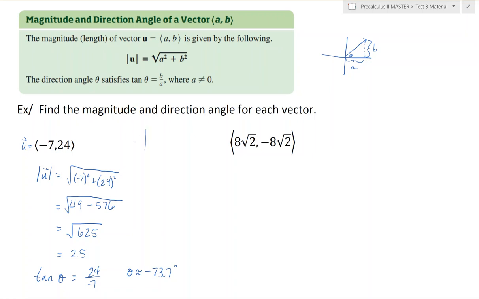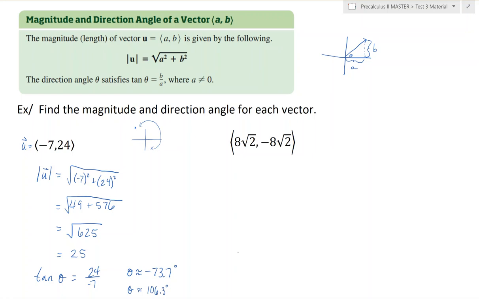This point (-7, 24) is in this quadrant. An angle of negative 73.7 degrees is in this quadrant. So we're going to add 180 degrees. It not only gives us a positive angle, but it makes sure that we get in the correct quadrant. So adding 180 degrees to this, we get about